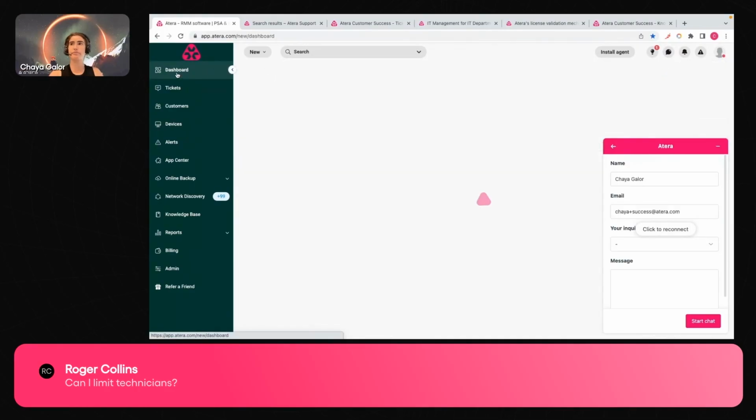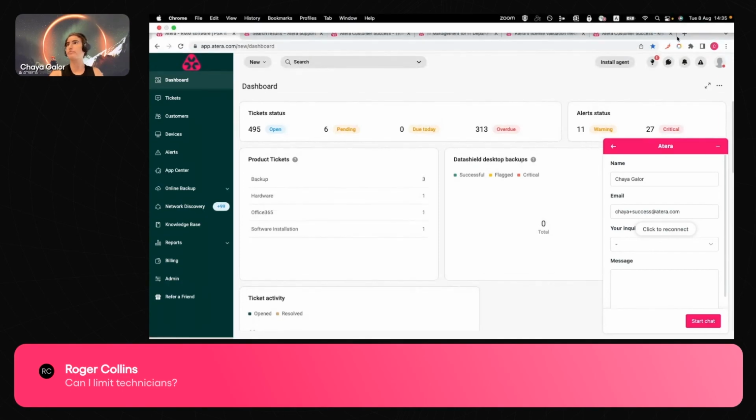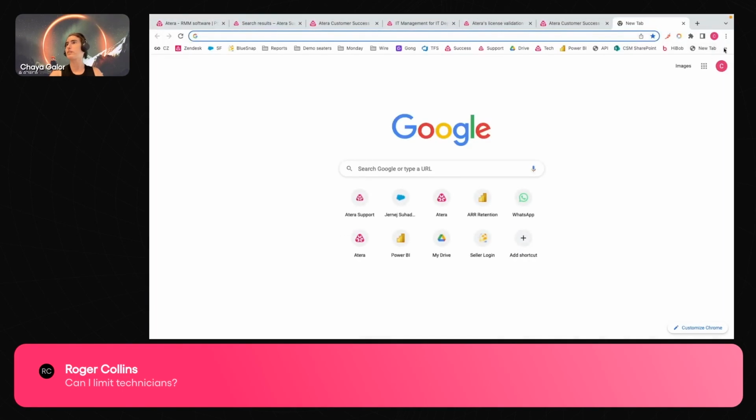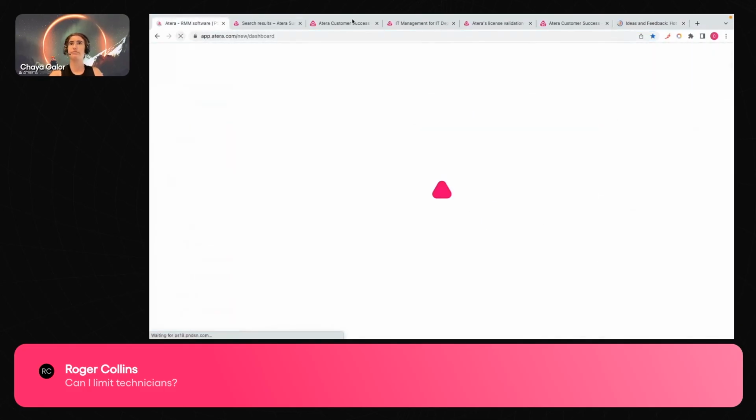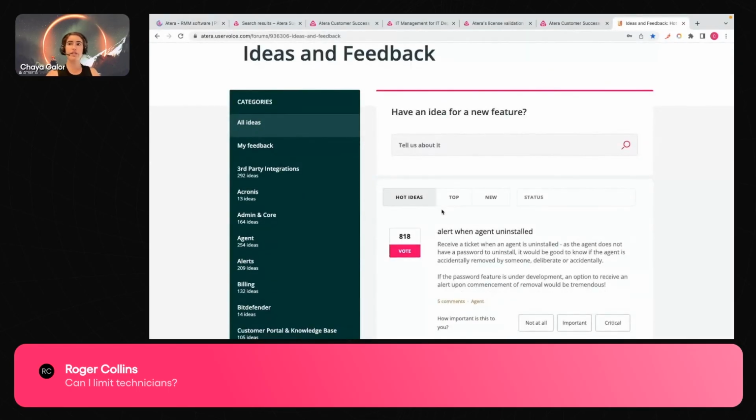This is also a great time to mention that we also have a feature board. You can see the feature board right here. If you have a feature request or something that isn't available within the platform now, but you believe would be very helpful, then we highly recommend adding it to our feature board.